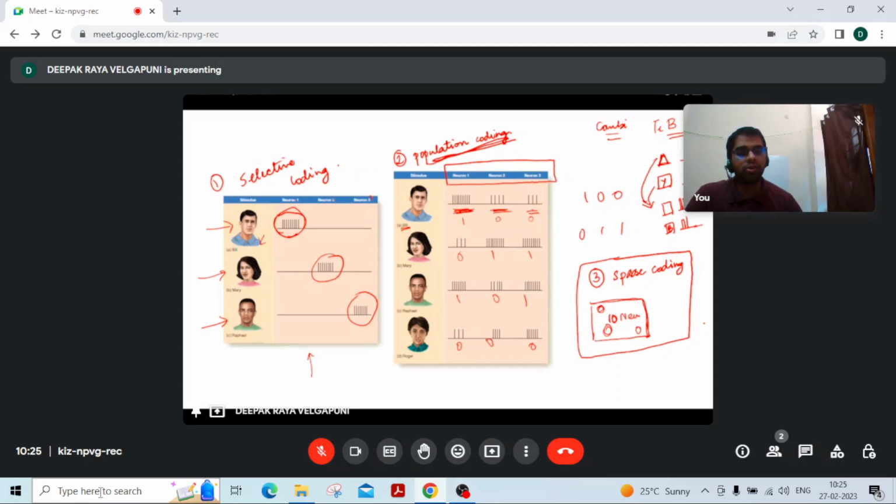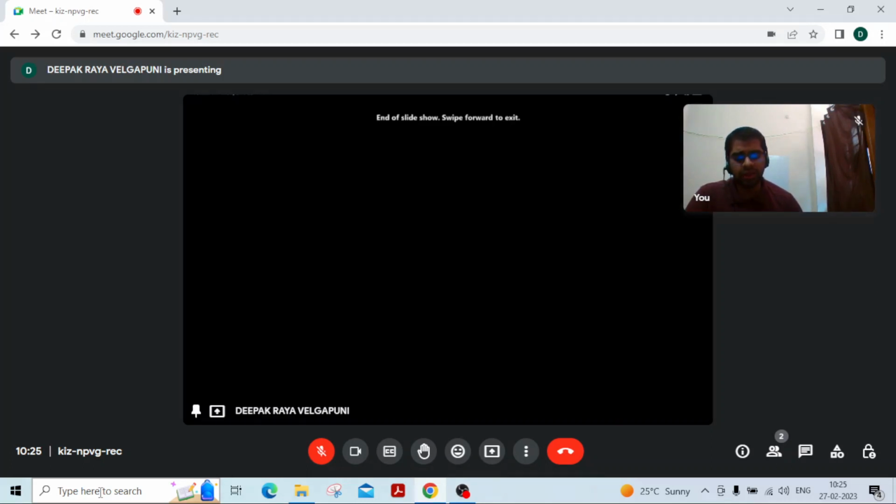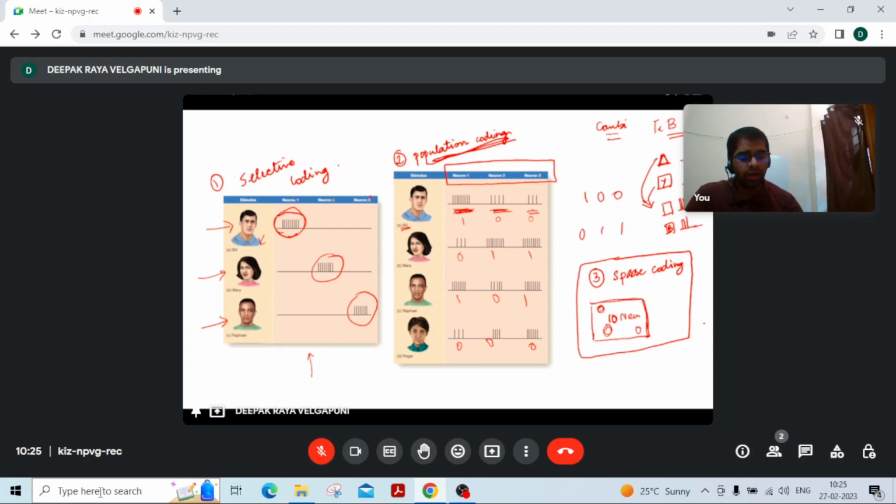The other types of coding, apart from the coding that were discussed in the lectures, are temporal binding and combination coding. So what I mean by